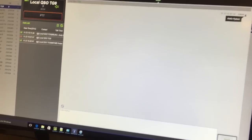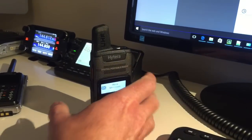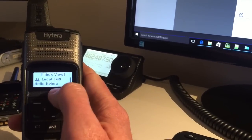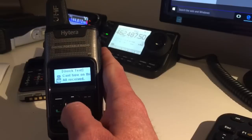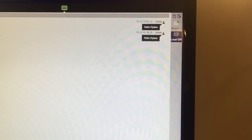It's already one in there, and then basically just send this out. So if you click on send over here, it comes up like that, and then you can go, okay, we read the message, hello Hytera, and you can see up here it's saying hello Hytera. Then you can say, for example, they've got replay in the menu, I think they need to change that, and then you can just say, all received, and then send that back out. Send, and then you should, in theory,